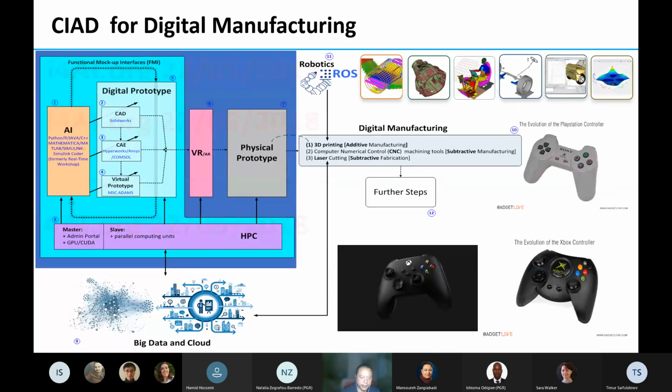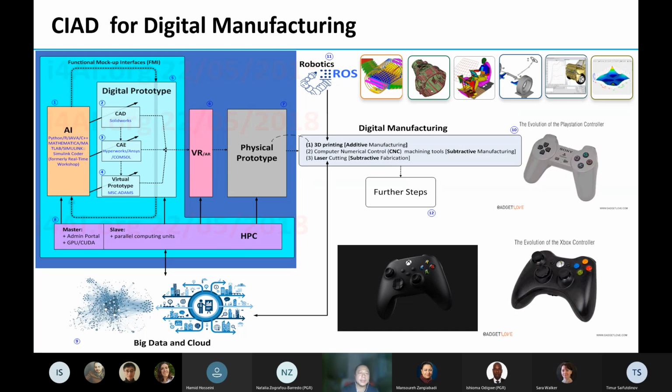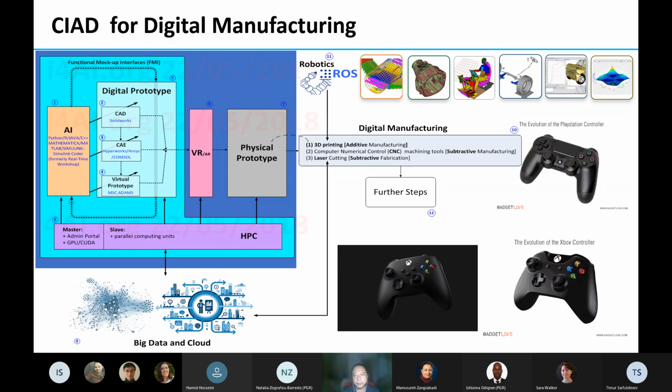Let's put it in a bigger picture. The left-hand side block is the one from the previous slides, which can be linked going down to block number 9, which is big data and cloud from industry or real applications, and moving on to the right-hand side, up to number 10, 11, and 12.